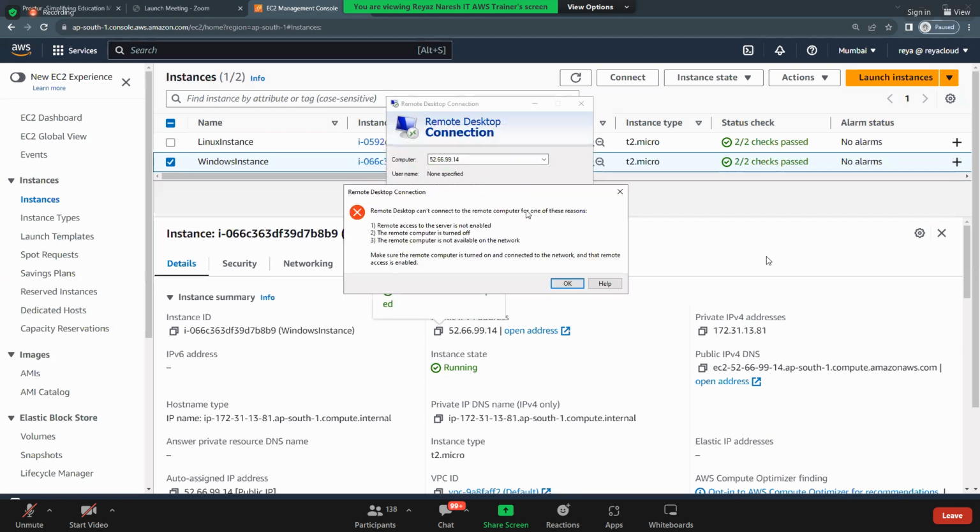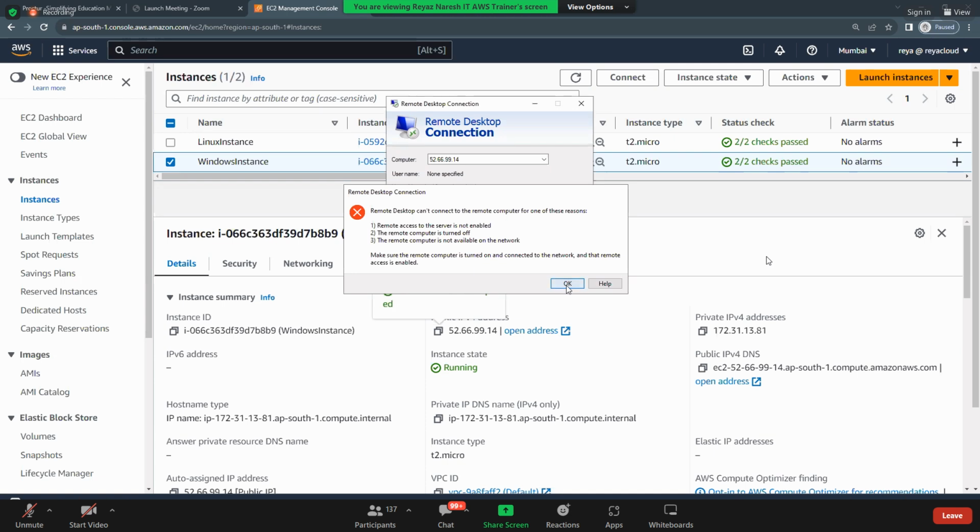What is the error you got? It says can't connect to the computer. That means what is the problem? In the security group. So in security, what is the protocol we need to allow? Without allowing RDP, will it get connected? You should tell me, go to security and allow RDP. Correct?